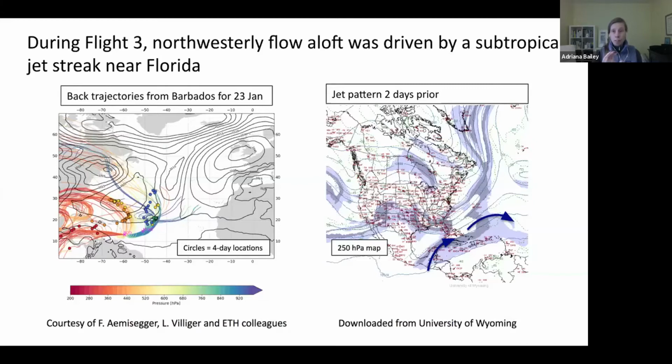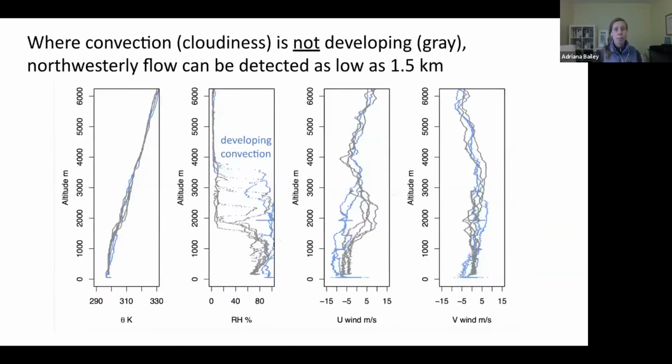But it turns out that this view is actually not granular enough for what we need, because as we zoom back in to the various profiles that we collected during flight 3, we can see some pretty stark differences between them. So here, what I'm showing from left to right is potential temperature, relative humidity, and then the zonal and meridional winds.